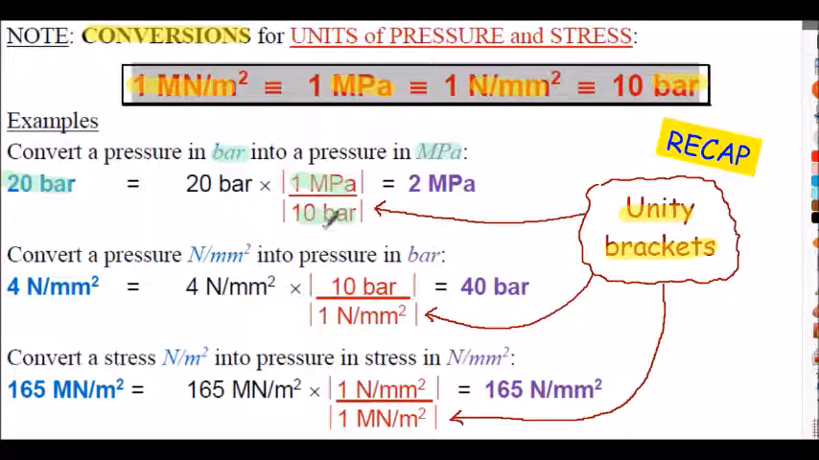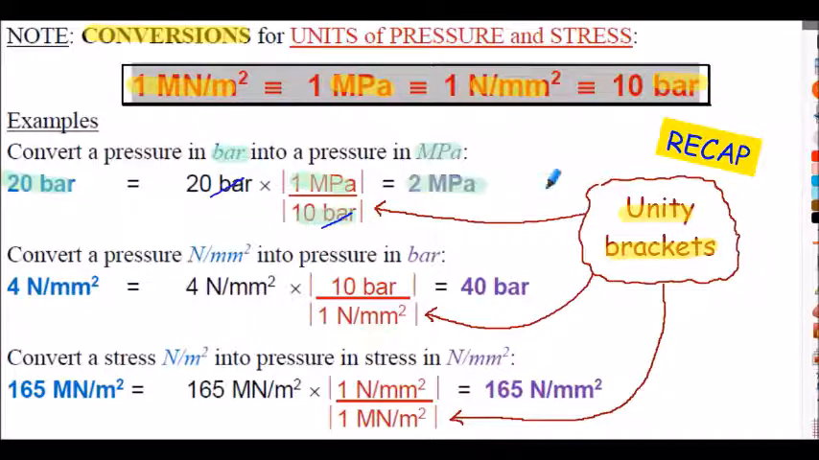So in this case, the bar on the top, the 20 bar, has to cancel with the bar on the bottom to produce the final answer in terms of megapascals. All right, so 20 bar is equivalent to 2 megapascals. So that's using the unity bracket. You'll get very familiar with the conversions anyway, so I doubt you actually use any unity brackets, but this is